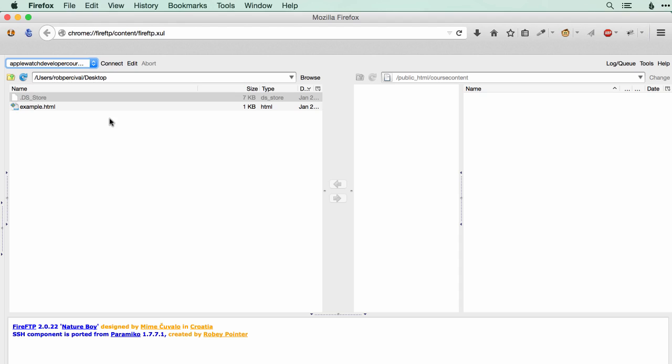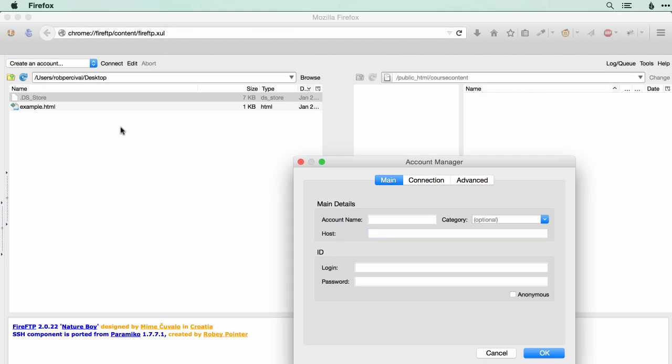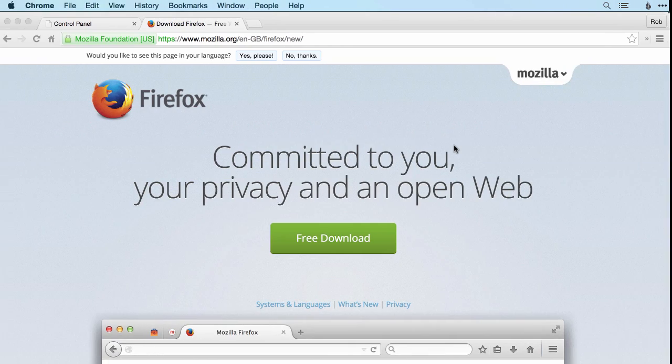Okay, so let's add the details for our website. If I click here, you can see I've got lots of websites that I've set up. You probably won't have those. You're just going to want to click Create an Account at the very top there. And this is where we can put all of those FTP details that we saw just a few moments ago. So I'm going to just switch back over to Chrome